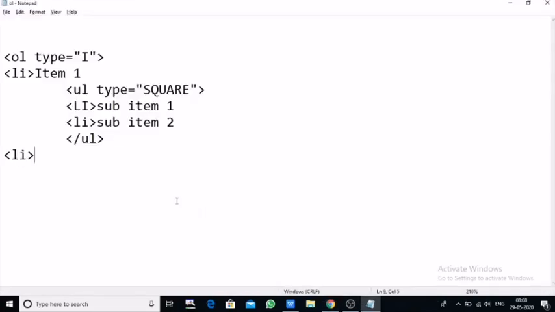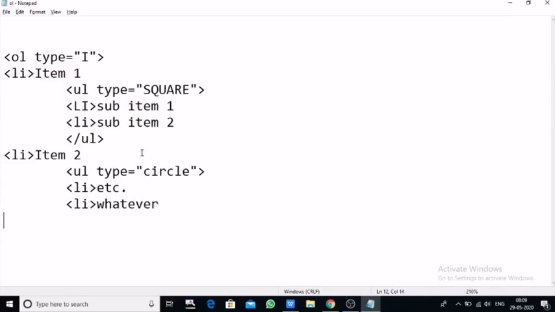In that li, item 2 will come, then again use ul with type equal to circle, then li, then again li, etc. Then end with the ul tag, and then again end this ol finally, which was the parent of the lists.